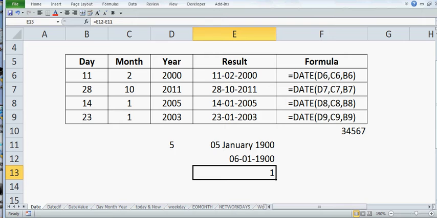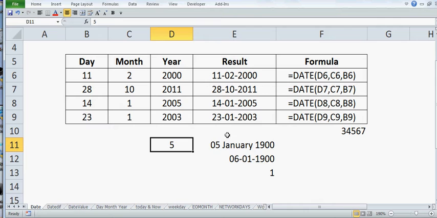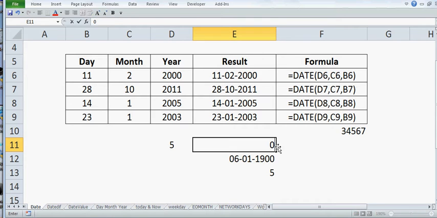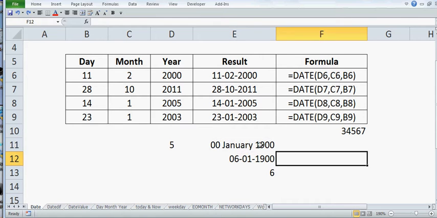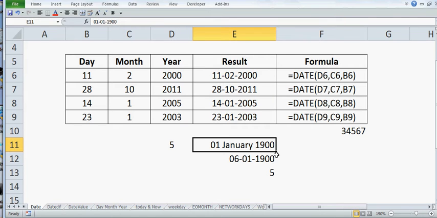Now just see, initially you had put number 1 over here, so it was represented as 1st of Jan 1900. Let's try to make it 0, Jan 1900, which is not a valid number. Let's try to make it minus 1. It is giving an error. So the first date which is present in Excel is 1st of Jan 1900.